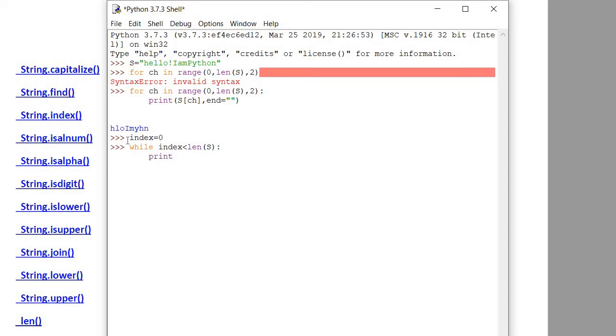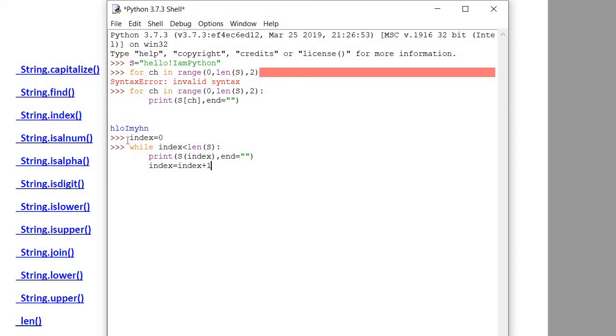Okay, so print str, till whatever index it has taken. Fine. Now we will write index is equals to index plus 1. And every time we will increase index, so it will traverse each and every character of the string.